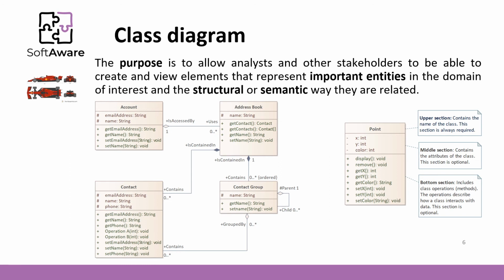It is typically used early in an initiative to describe the important elements in a domain. These diagrams are not only useful for analysis, but also as a fundamental tool for sharing knowledge and ensuring that all stakeholders share a common understanding of the important entities in the domain being discussed and how they are related. The class notation includes three parts: the class name, written in the upper section, attributes provided in a middle section, and methods provided in a bottom section. See the point class example on the right.